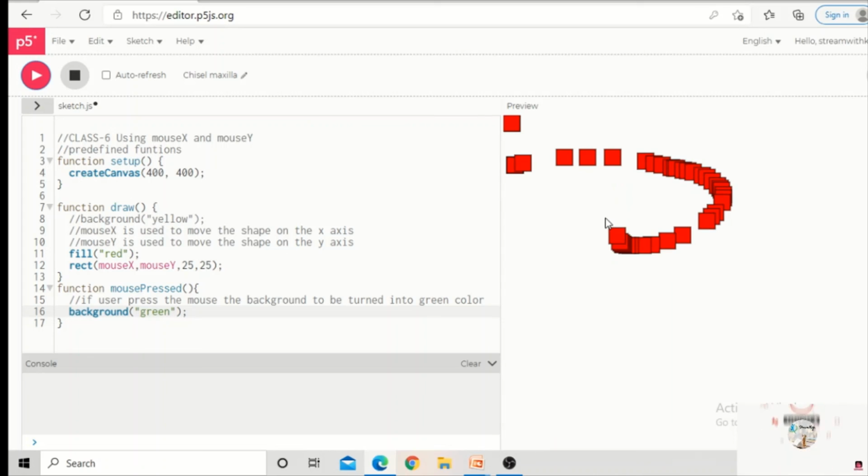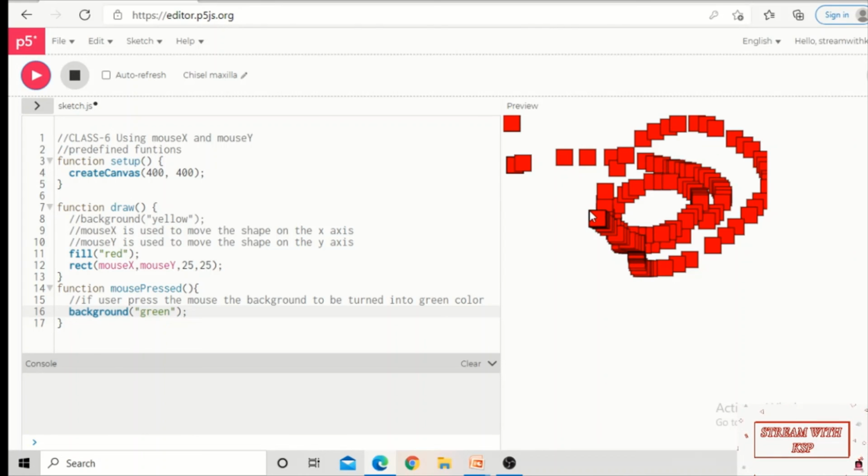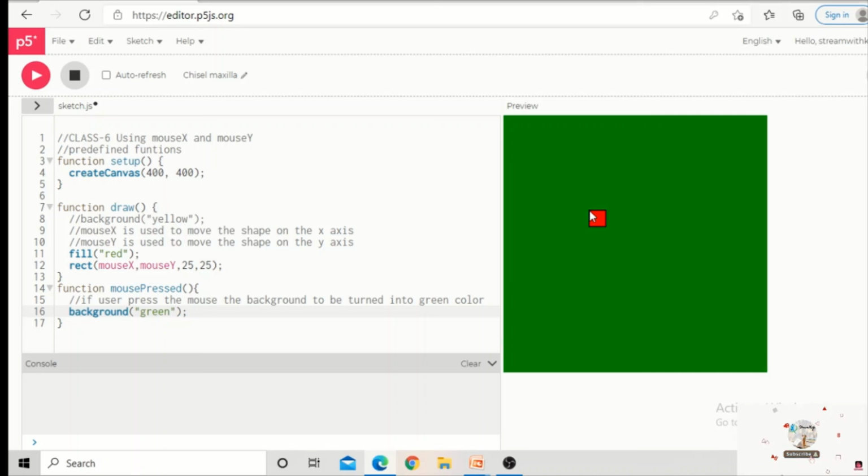Let us click on the play button. Now I'm going to click the mouse. Yes, it is turned into green color. Now again if I draw, it is going to draw here. And again if I click on the play button, that is going to be gone. Okay, so we are playing with the shapes. We are playing with mouse X and mouse Y instructions. This is for today's class, and in the next classes, we are going to create some simple games using all these instructions. If possible, we will start with creating sprites. If we know the concept of creating sprites, we can develop so many games using the P5 editor.